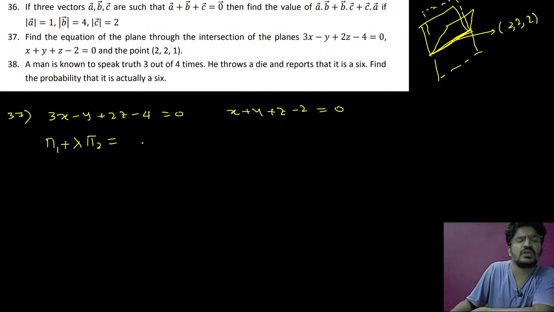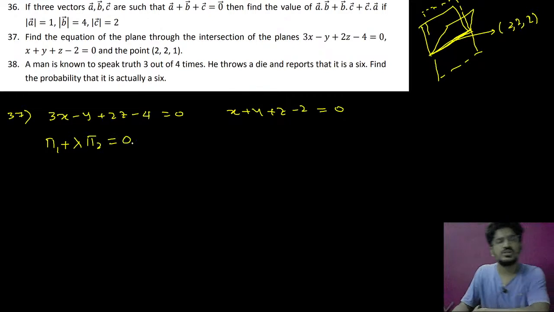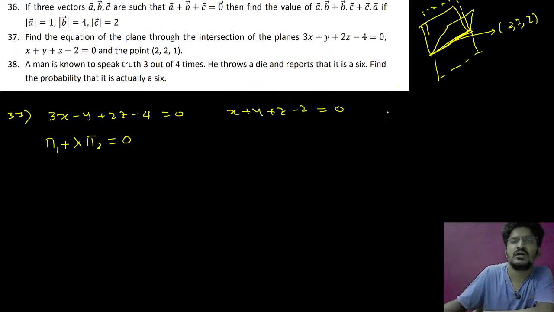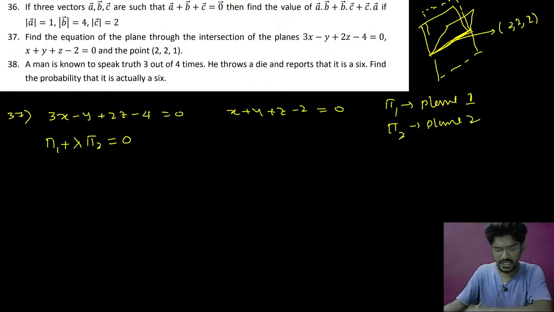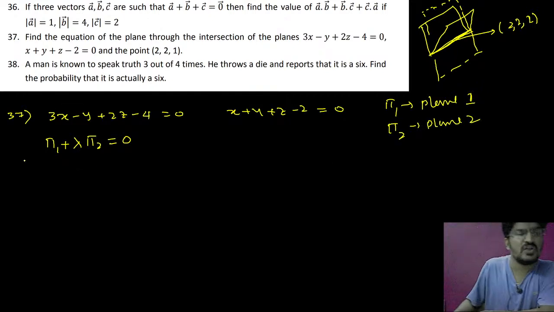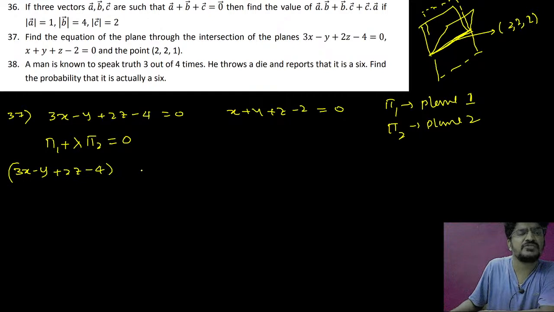times pi 2 equal to 0. This is the equation of the plane passing through the intersection of two planes. Here pi 1 is not 22 by 7. Pi 1 is a plane. Please remember, pi 1 is plane 1 and pi 2 is plane 2. Okay, don't get confused. So now this is 3x minus y plus 2z minus 4 plus lambda times